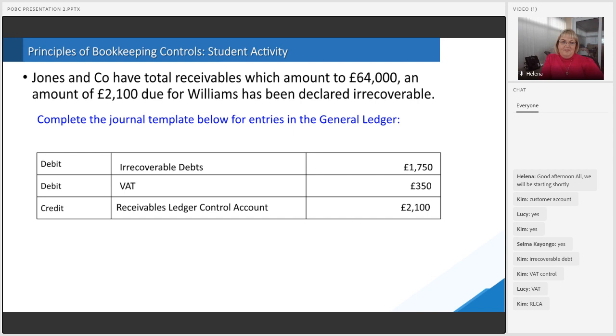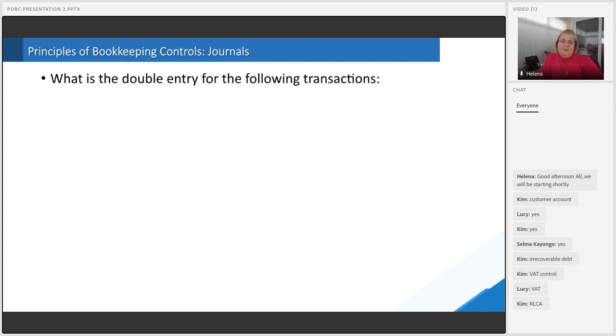Okay. So let's have a look at something slightly different, but still using the journal principle. What is the double entry for that transaction? So the owner invests £10,000 of his money into the business bank account. And this is something you would have done when you did Introduction to Bookkeeping. When you first started your debits and your credits, this is one of the very early transactions you'd have come across. When the owner starts the business and he introduces funds into the business,